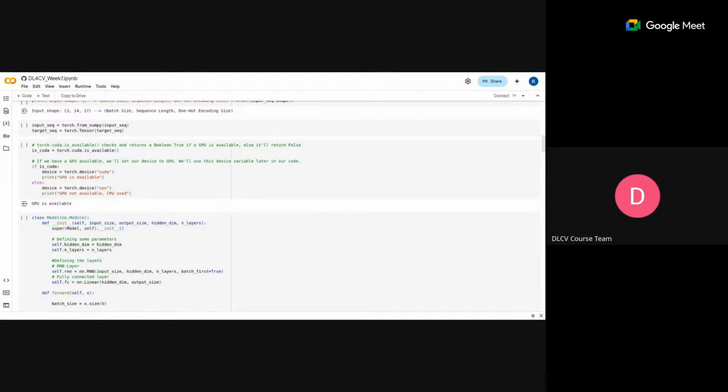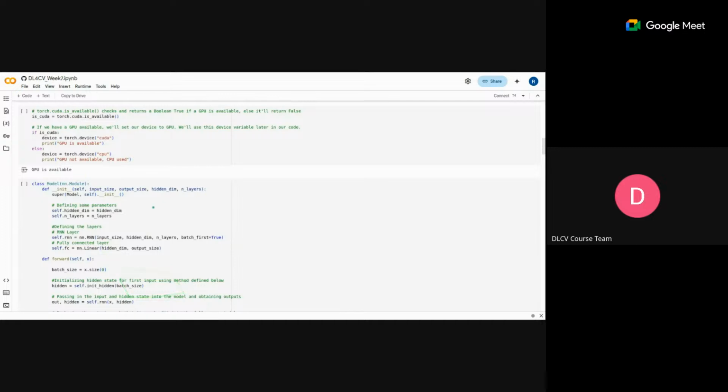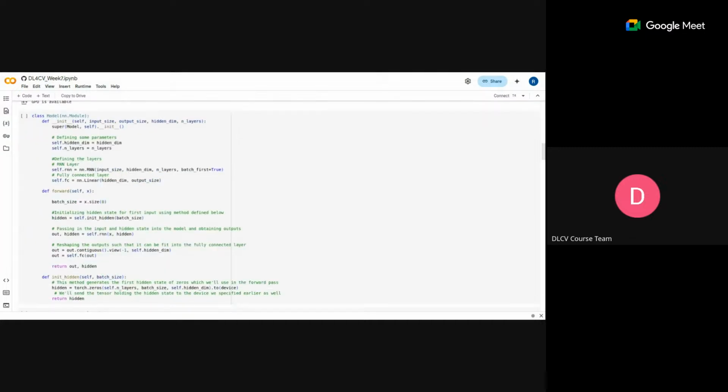So here the RNN model is defined as follows. We have some hidden dimension and number of layers. We use the neural network module in PyTorch to define a recurrent neural network. We pass the input size, the hidden dimensions, and the number of layers we want. We also specify whether, in our input sequences, batch is the first dimension or the last dimension. And finally, we have a fully connected layer to predict the next character. In the forward propagation of this particular model, because it's a recurrent neural network,